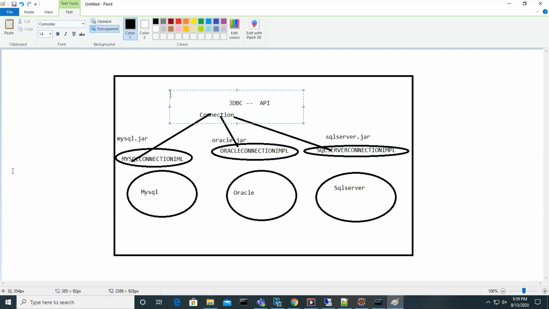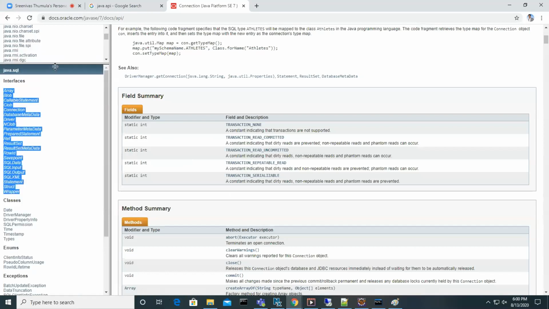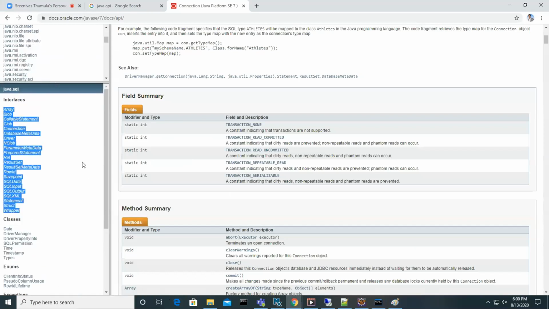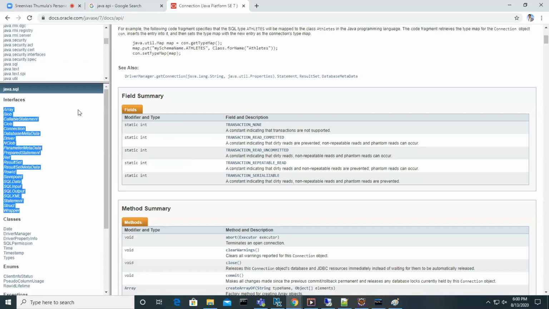Now, what are the things you need to work with, for example, a MySQL database? We need the JDBC API. The JDBC API is already available as part of java.sql, which is part of Java SE. When you download the JDK, it contains all the libraries, as part of these predefined classes. So java.sql is already there.